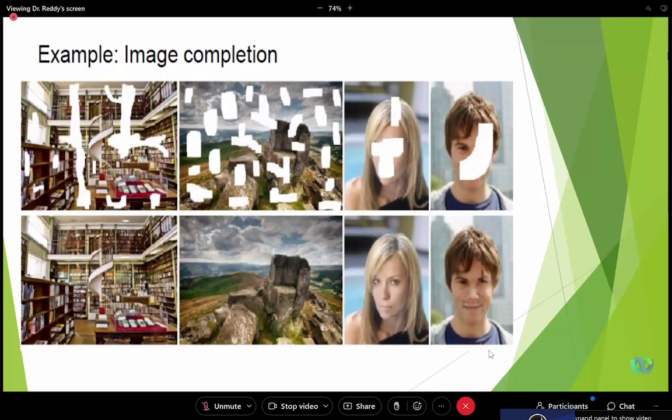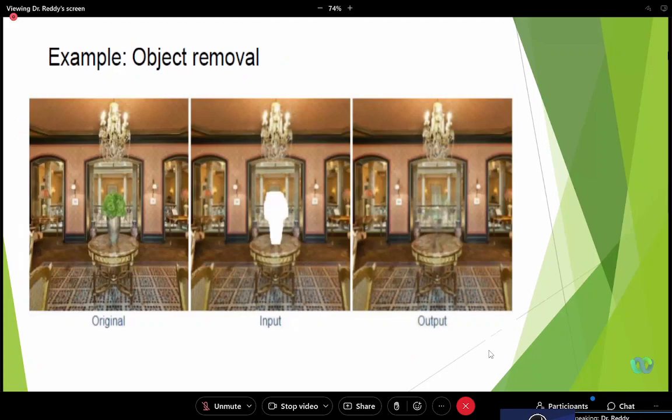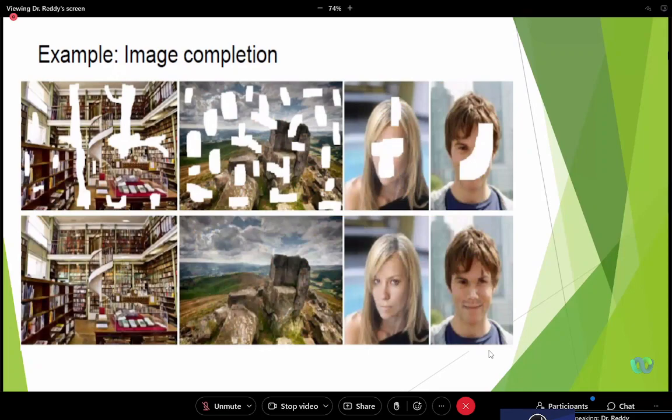So that's why it's challenging compared to object removal. Image completion is challenging because in object removal you are simply removing and reconstructing based on neighboring pixel values and other features. In image completion, you have to reconstruct what is missing there. You're not losing something. You're getting back something that is missing. So that is very challenging compared to the other problems.